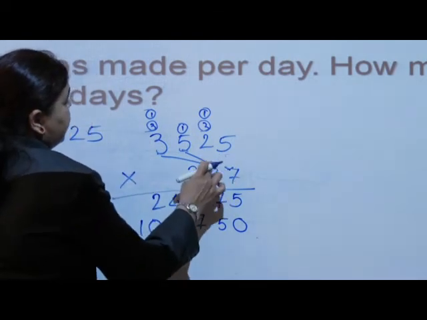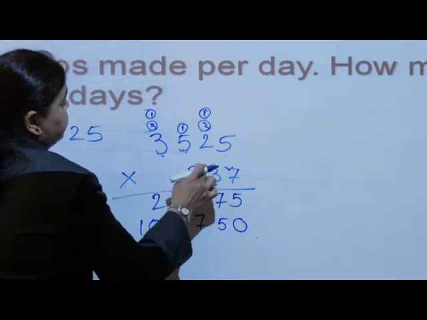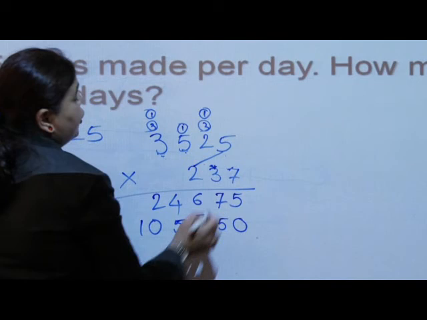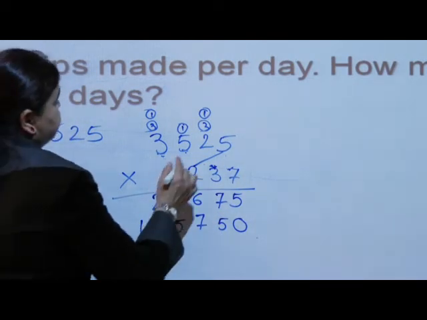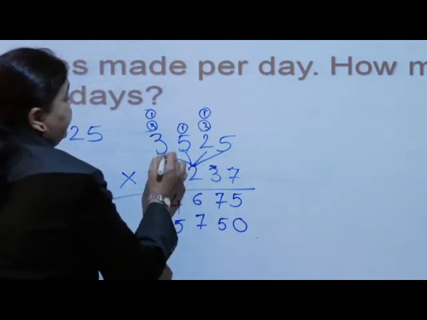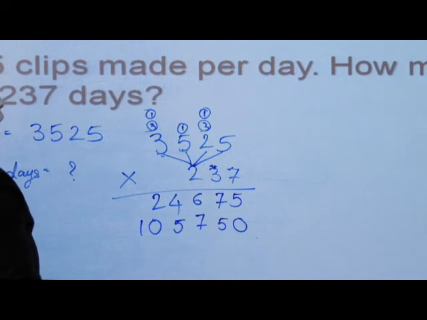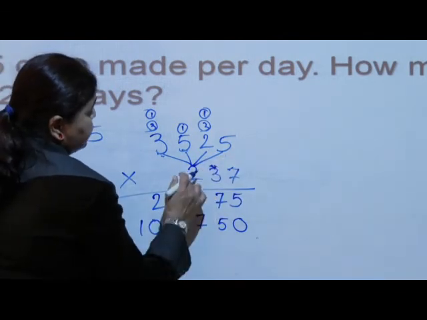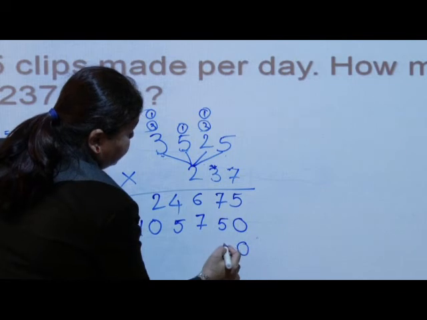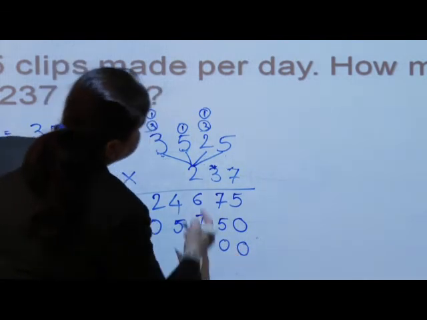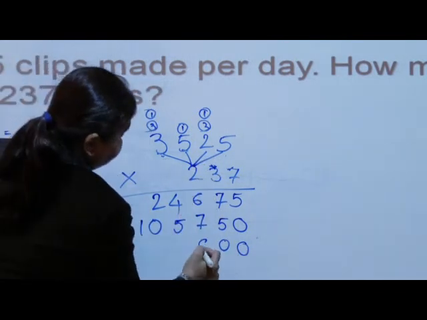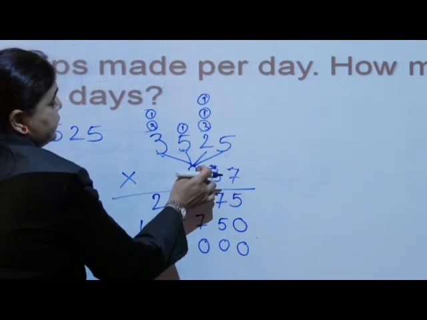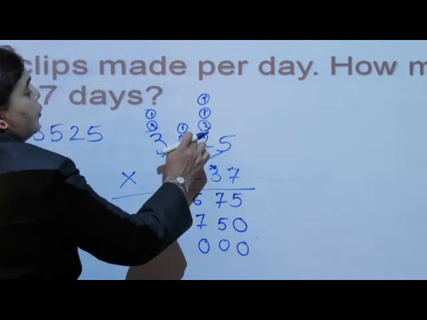Now what will be the next? I am having a 100 place value. You can do this what I had done with a pen. You can do with a pencil in your book when you are solving things. Ones, tens, 100 and 1000. So you will not skip any number. 5 2s are 10. Again because I am in 100 place, I have to write 2 zeros. Yes. Now we will write 5 2s are 10, 1 carry. Because I had done the multiplication with this number, I have to give a carry to the before number.